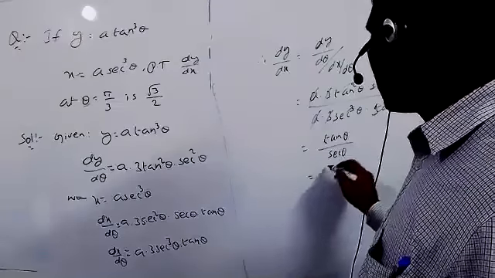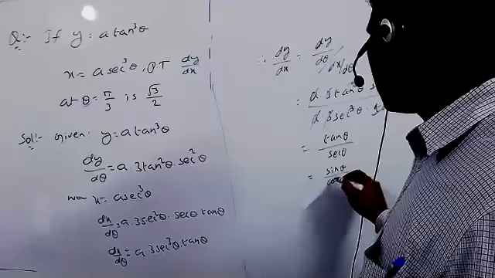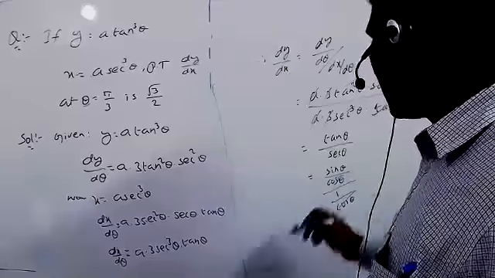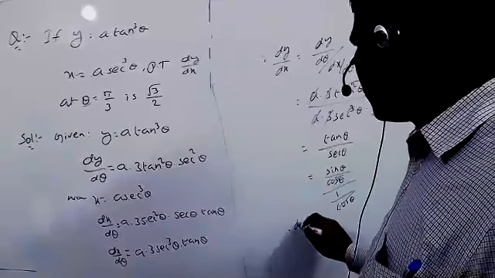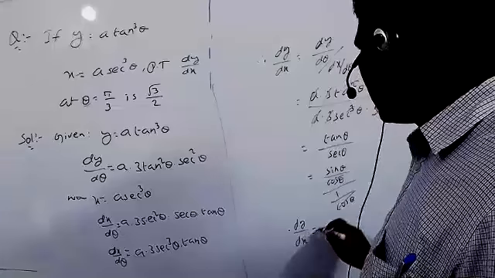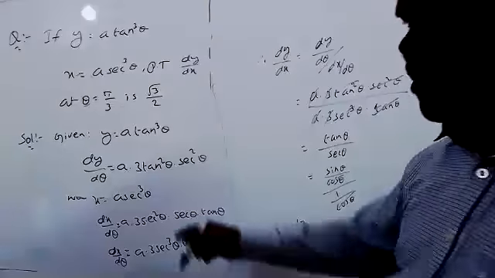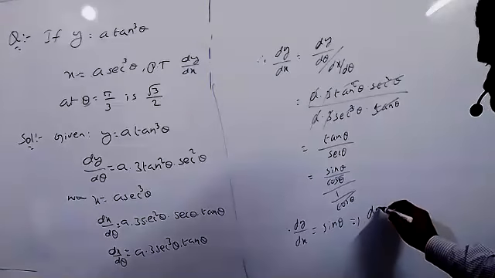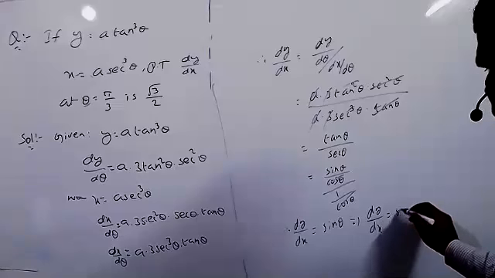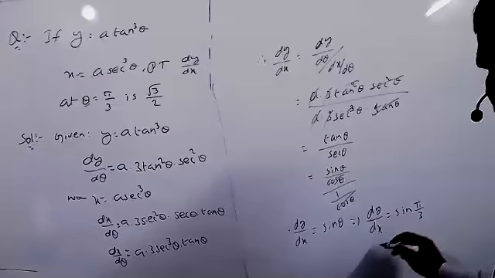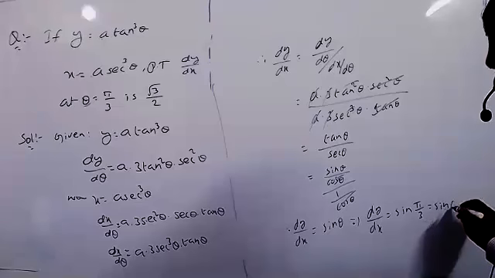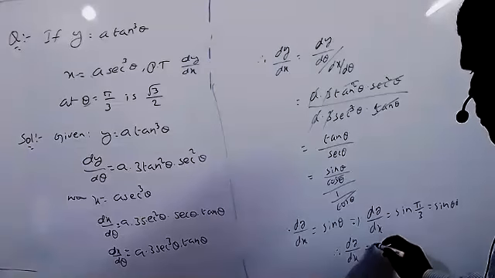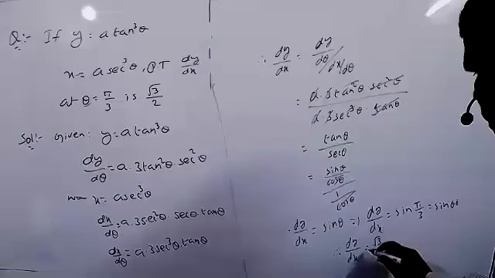Converting into sin and cos, tan theta equal to sin theta by cos theta, whole by secant theta equal to 1 by cos theta, and these two are cancelled. So therefore the value of dy by dx, we got now, is sin theta. They have given very clearly theta equal to pi by 3. That implies dy by dx equal to sin pi by 3, equal to sin 60 degrees. So dy by dx equal to root 3 by 2.